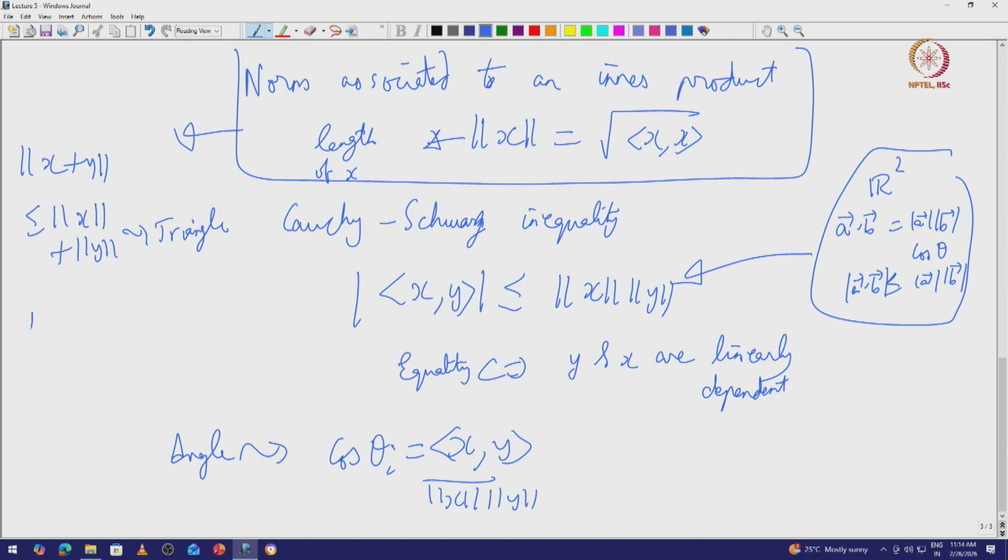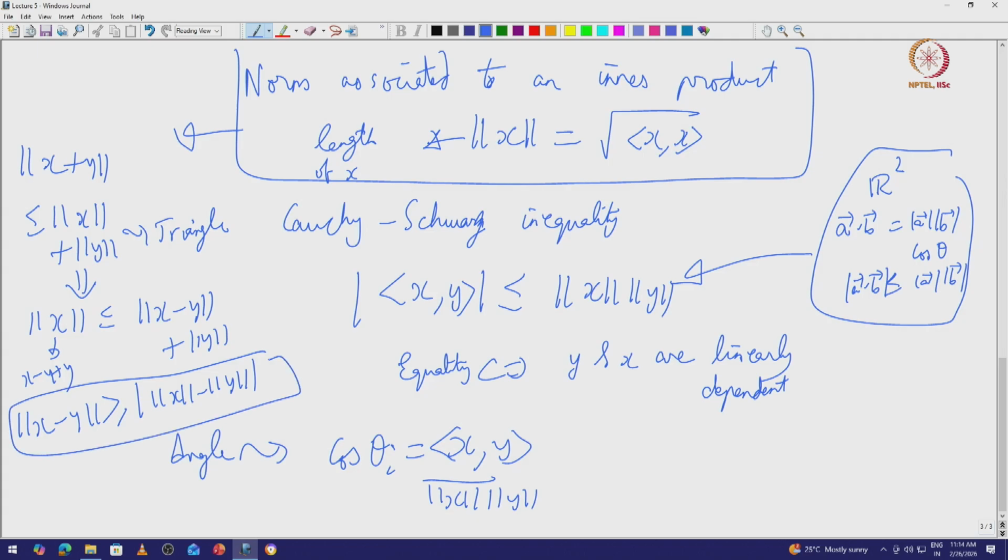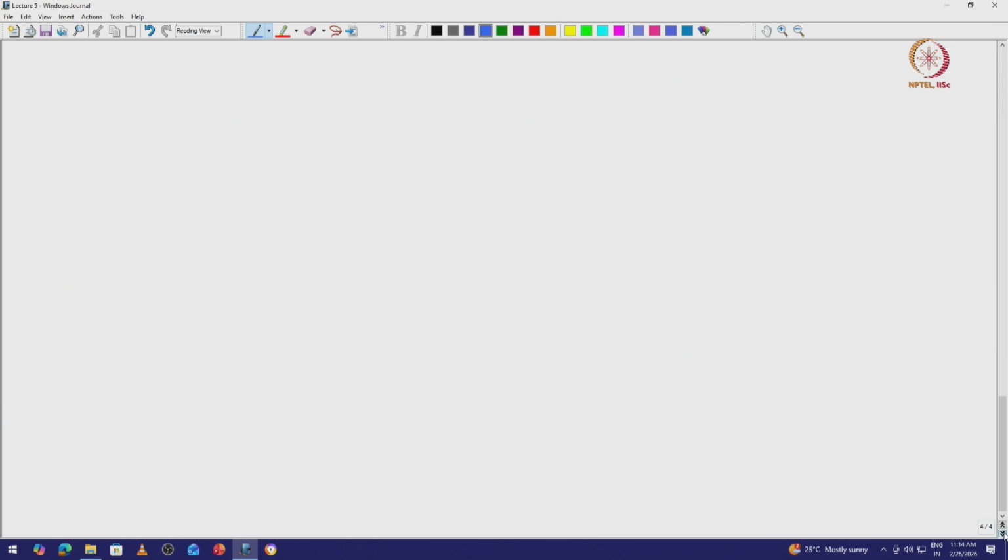Also, we see that this implies that norm x is less than or equal to norm of x minus y plus y. Why? Because this is x minus y plus y. So using this observation, we also have the so-called reverse triangle inequality. All right. By the way, the notion of a norm makes sense more generally, as we will discuss in just a moment. But prior to that,